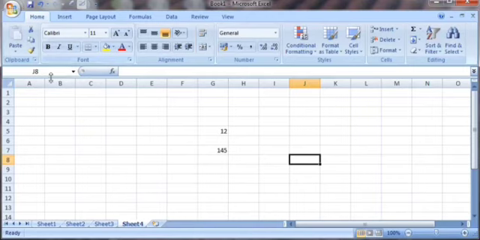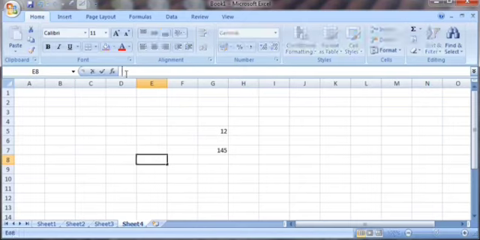Then this is called as name box. Name box displays the address of active cell. Here active cell is E8. That address is displayed. This is formula bar. This formula bar displays the content, either the content or the formula entered in a cell.